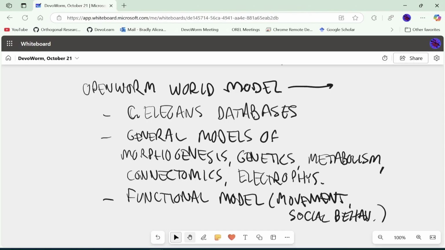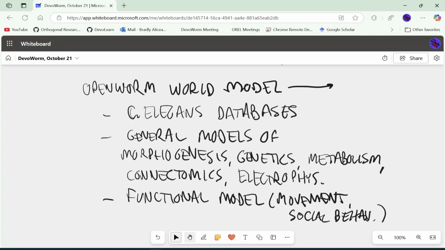Okay, so our final discussion during the meeting was about using world models and other types of training data to build this AI scientist. What's interesting here is that in OpenWorm, and more generally in the C. elegans community, we have a lot of data sets that are shared and available to do things like data mining or to build models from. But one thing we haven't really addressed is this idea of a world model.